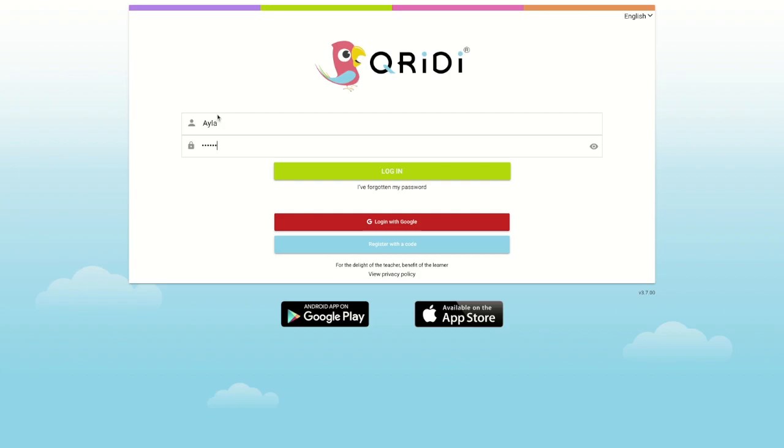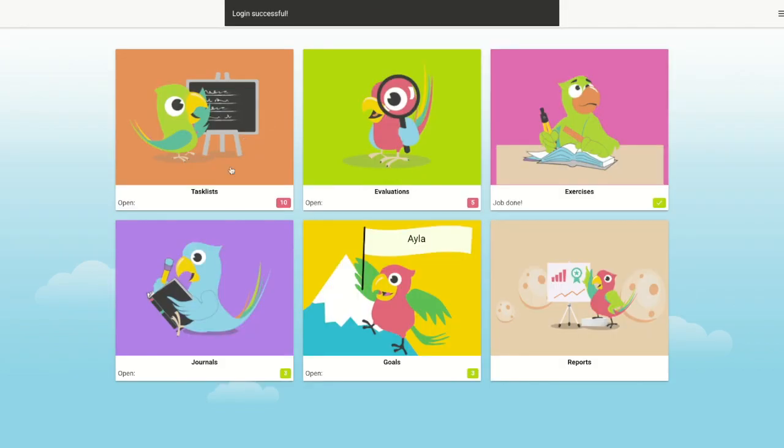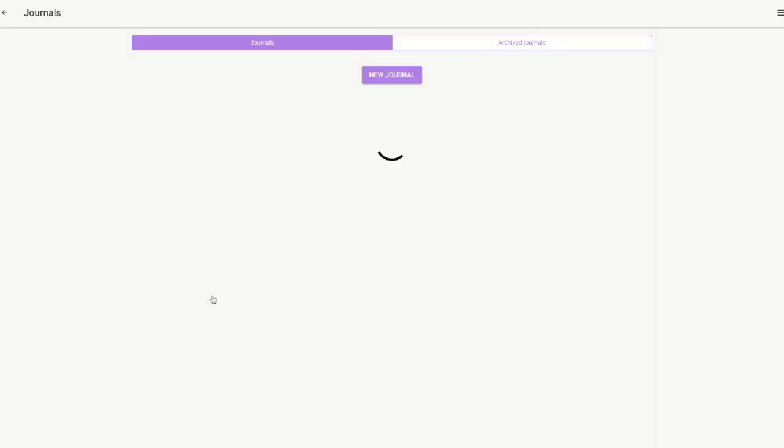They log in by the credentials given by the teacher or by Google account, if that is enabled by the school. The student can also use their own mobile phones and download the application from the App Store or Google Play. Once they click Login, they have access to all the evaluations and tasks and journals and goals that the teacher has given them. The students can access journals from here,